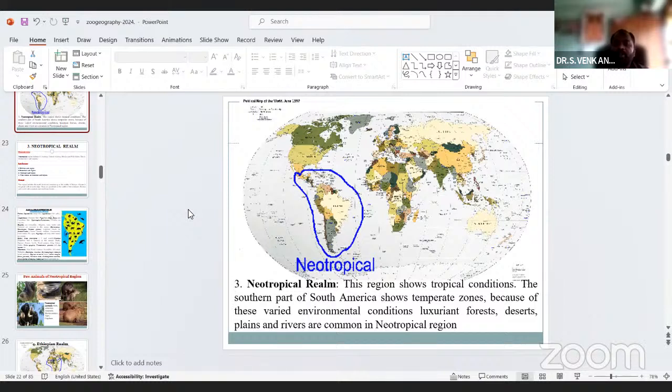Because of these varied environmental conditions, luxuriant forests, deserts, plains, and rivers are common in the neotropical region. The neotropical region is characterized by mixed climates.